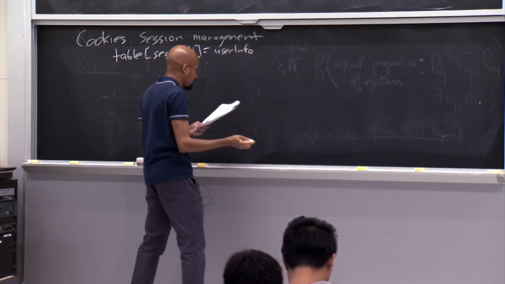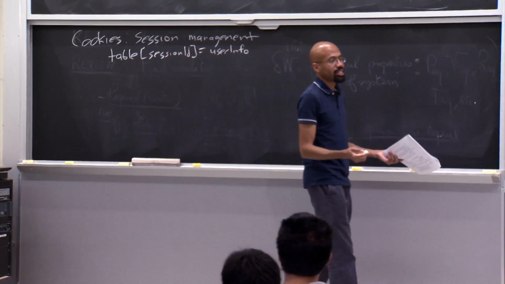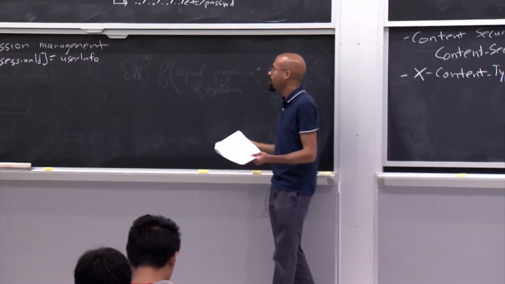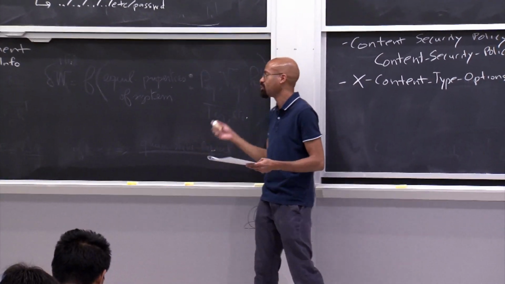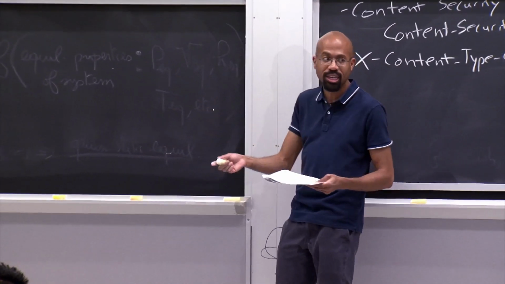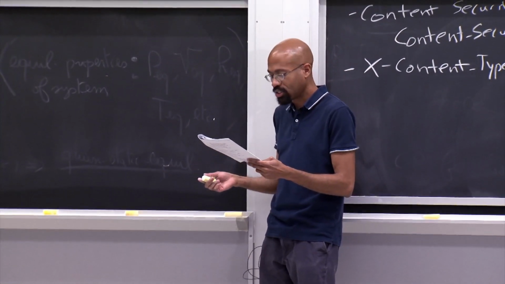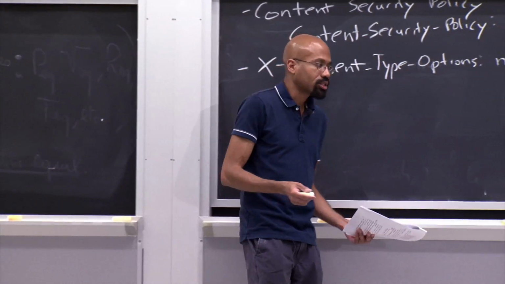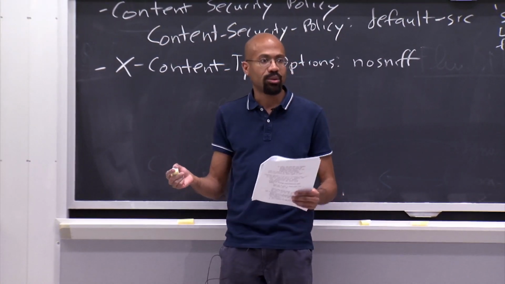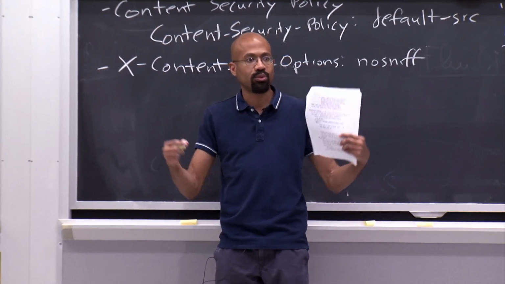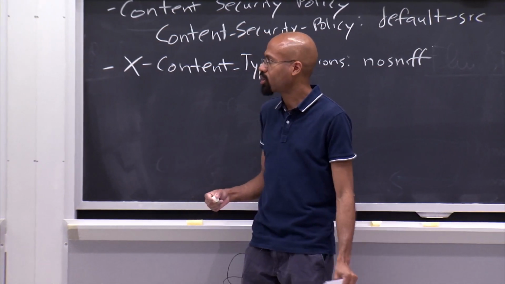And so as a result, this session ID and cookies by extension are very sensitive entities, right? And so this is why a lot of attacks involve stealing of the cookie in order to get that session ID. And so, as we discussed in the last lecture, the same origin policy can help you to a certain extent against some of these cookie stealing attacks, right? Because there are origin-based rules that prevent arbitrary tampering with cookies.